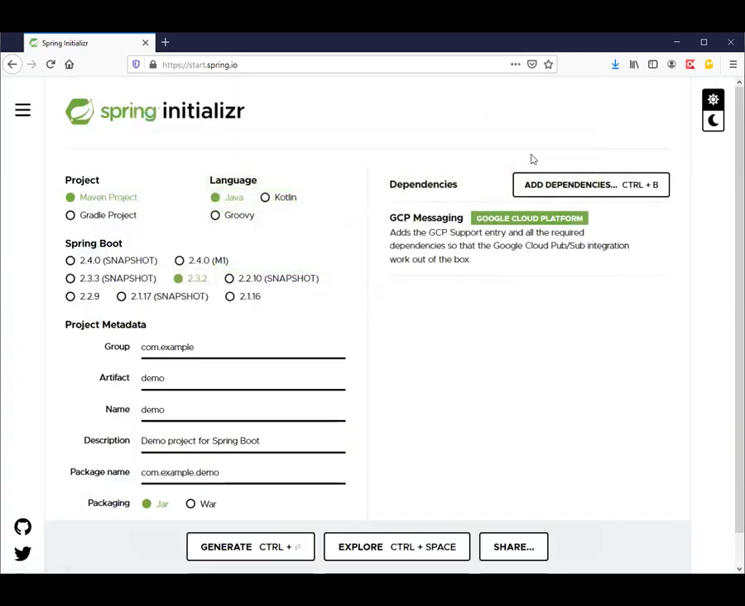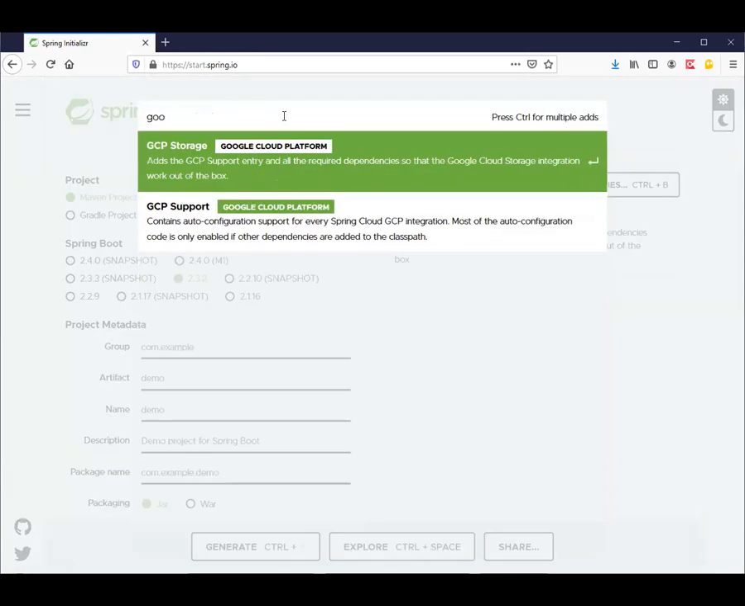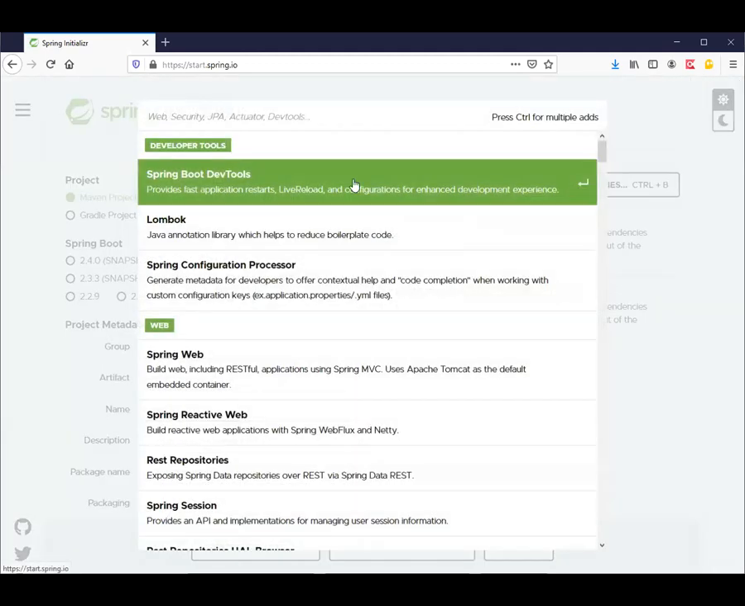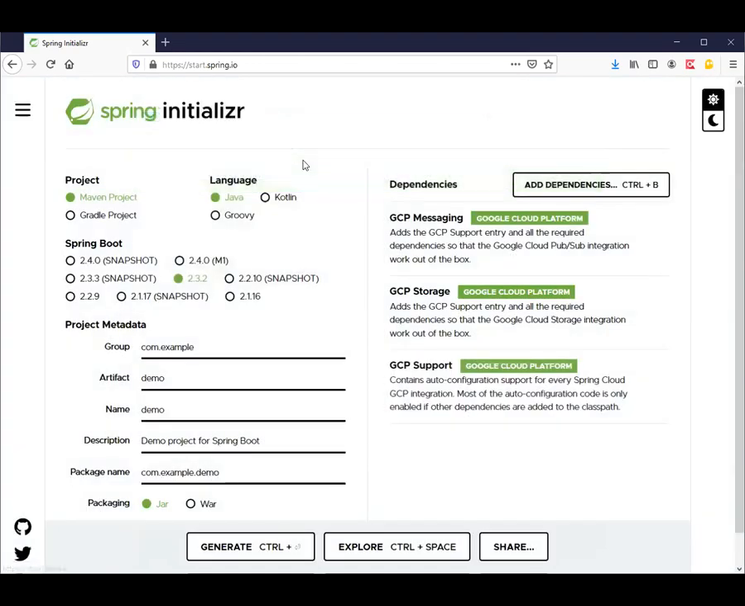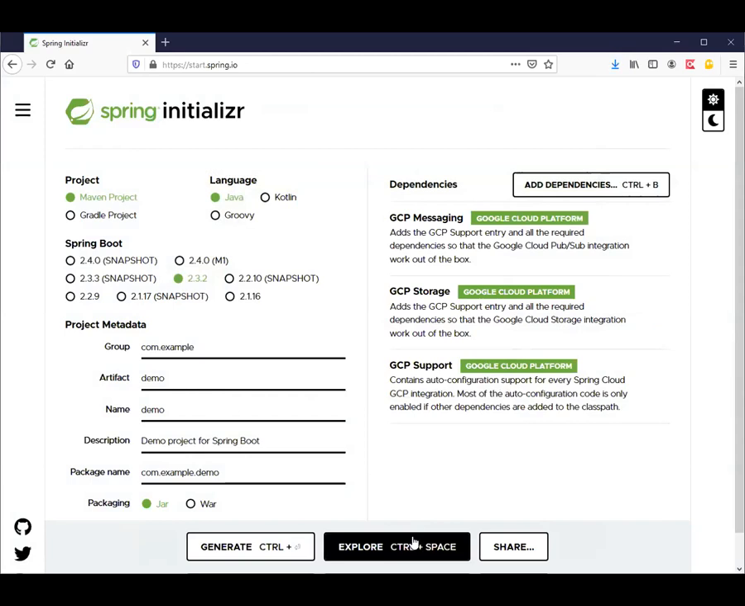We added this. Then let's add Google Storage and Google Cloud Platform. Generate the project, and then save the file. So this file gets saved in your downloads, and then what you do is